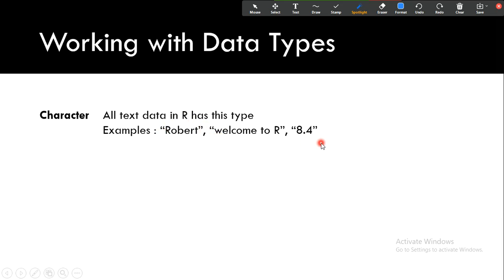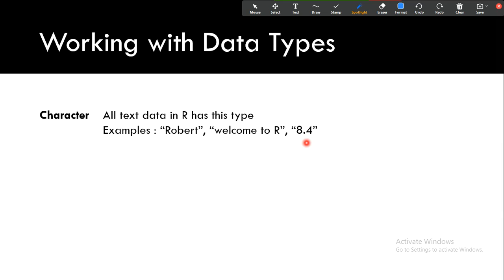If you want to convert a numeric or float data into string data type, you just specify the value surrounded by the quotes. So numeric is float data type in R, and logical data type we also discussed, where the value is TRUE or FALSE.